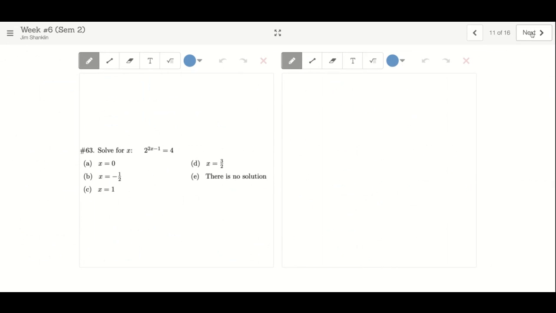I'm going to let you guys work on this. Oh, this one's way too easy. Now, this one, I would not use logarithms. I would not rewrite this exponent as a logarithm. And the reason why is